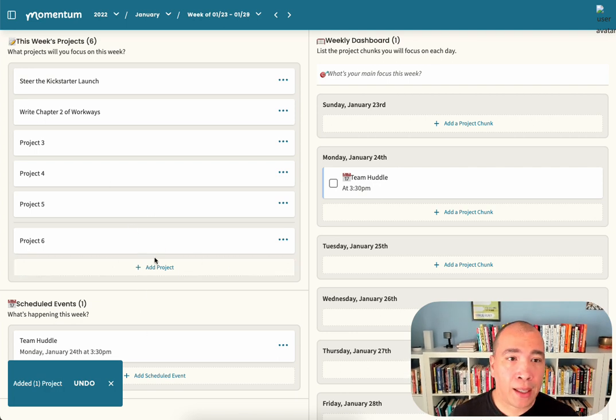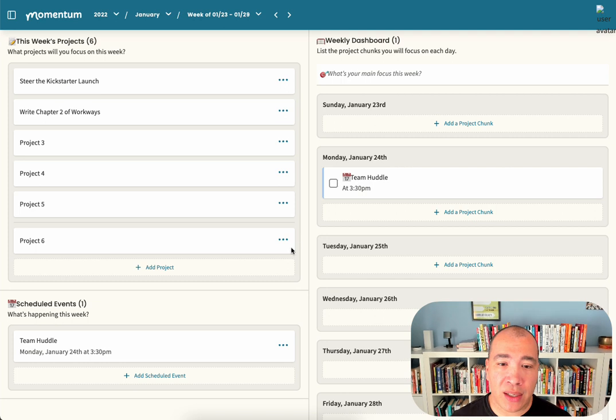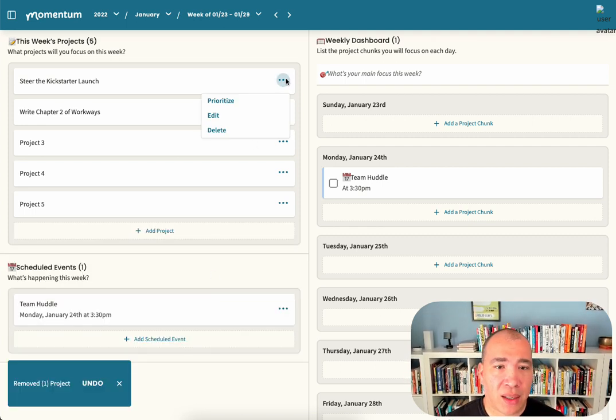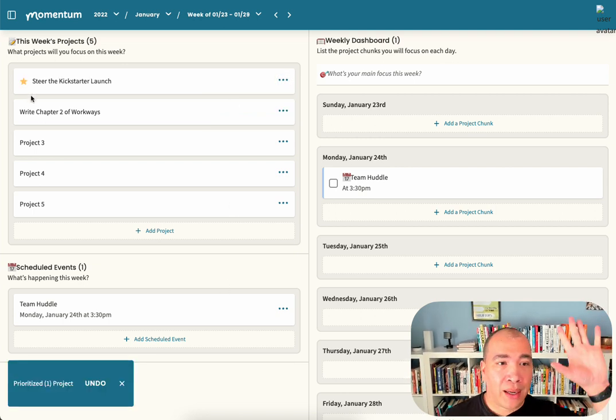Okay. As we develop the app, we'll be using it so that it'll give you a prompt to say, you know what, that's too many, but we don't have that baked into the alpha. But in future versions, it's going to show that you're kind of a bit project heavy. And so I'm going to go ahead and delete that. But I know the Kickstarter launch is going to be my priority project next week, so I'm going to go ahead and prioritize that and see what happens. Okay, super cool. That starred,